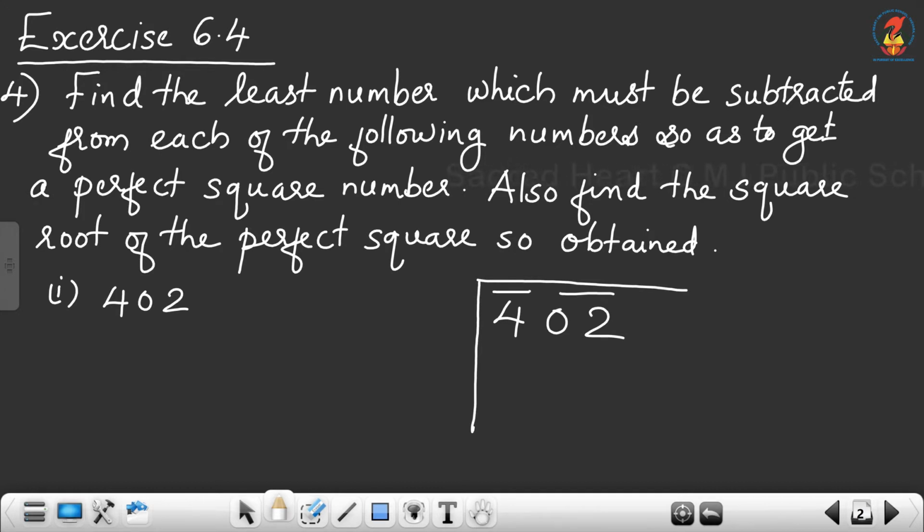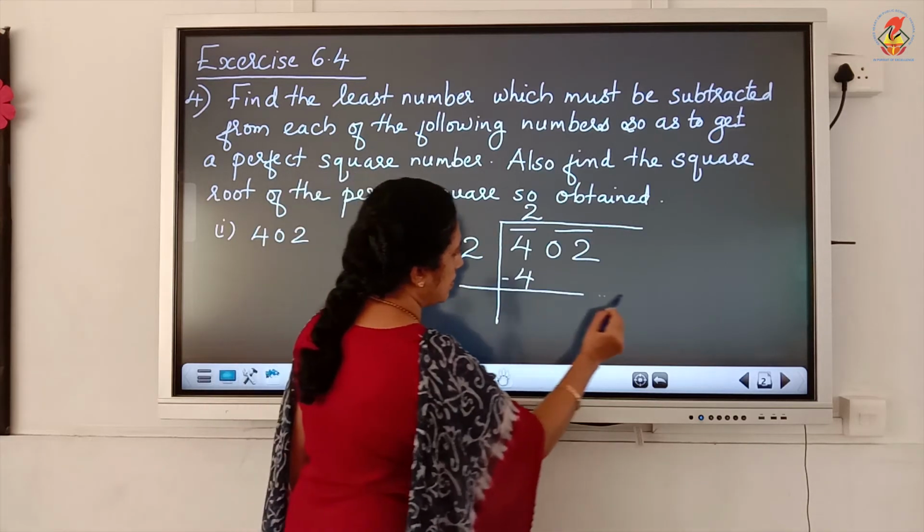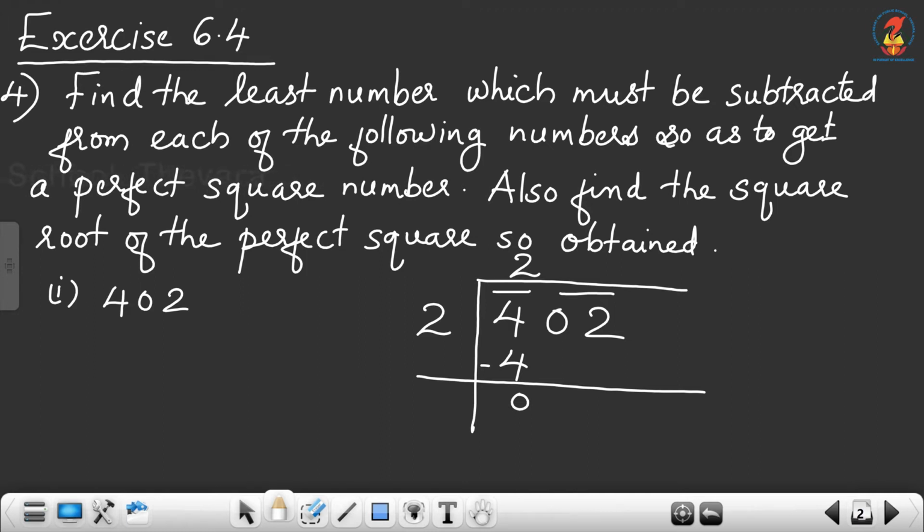Now consider the number under the extreme left bar, that is 4. Now think of the number. So here we can take 2. So the quotient also we can take as 2. 2 2s are 4. Then 0. Bring the next pair down, 2. Then double the divisor, 4. Now enter it with a blank on its right.